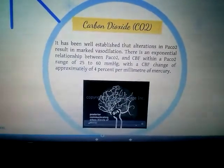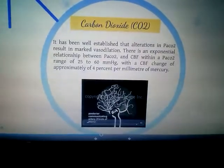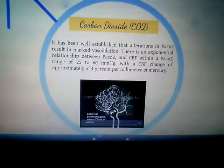In the event that there is sudden impairment of blood flow to the brain from either the anterior or posterior system, the communicating arteries allow